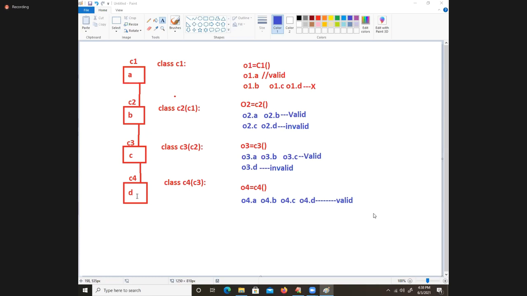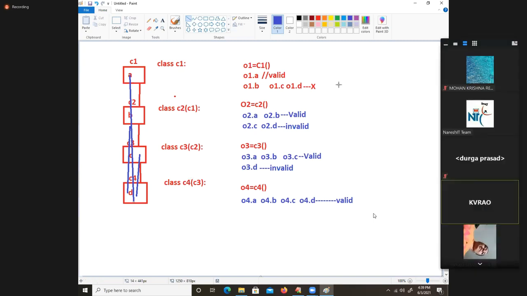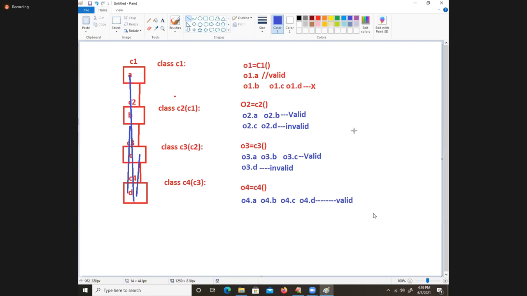Why? Because it is the richest in functionality. It has the highest functionality because it inherits the features of what classes? Intermediate base classes are inheriting. C1 features are inheriting, C2 features are inheriting. Who is richest in functionality? The bottommost derived class. That's why whenever we develop any inheritance based application,